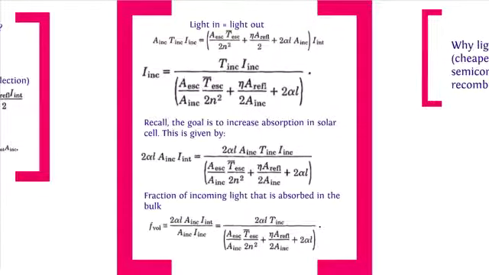So light in equals light out. So incident area times transmission times incident intensity, that's of course what's coming in, should be equal to